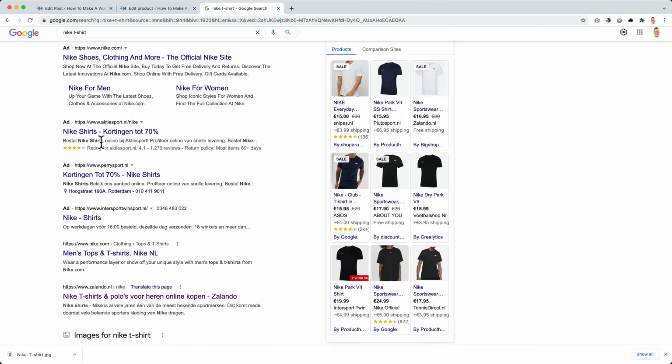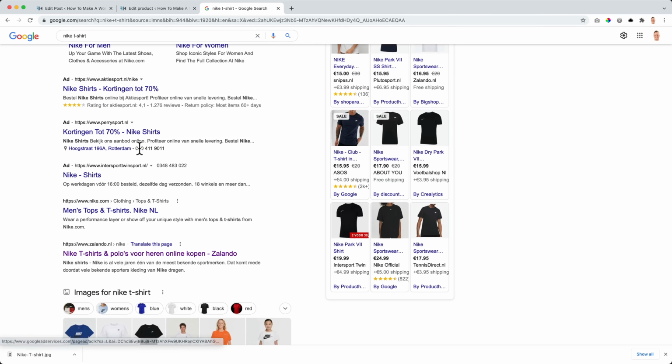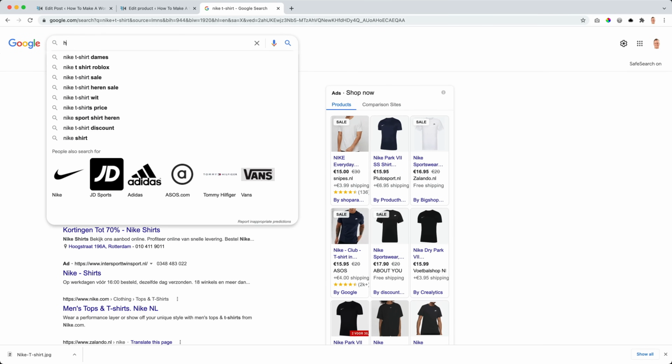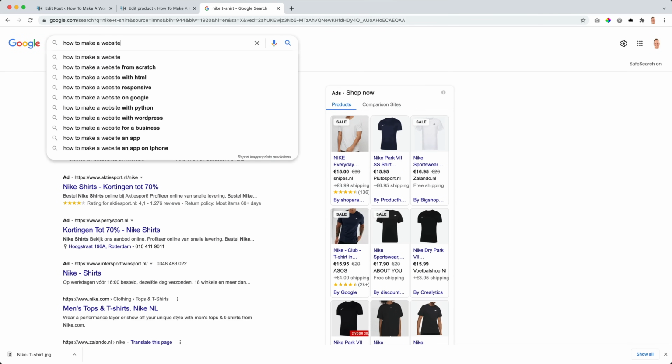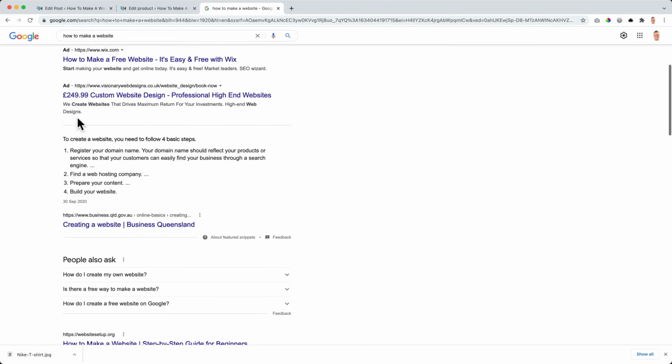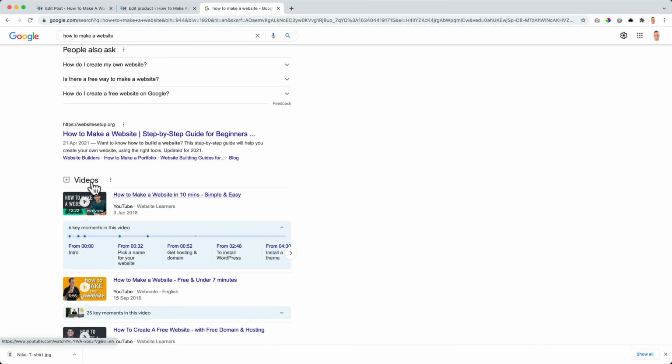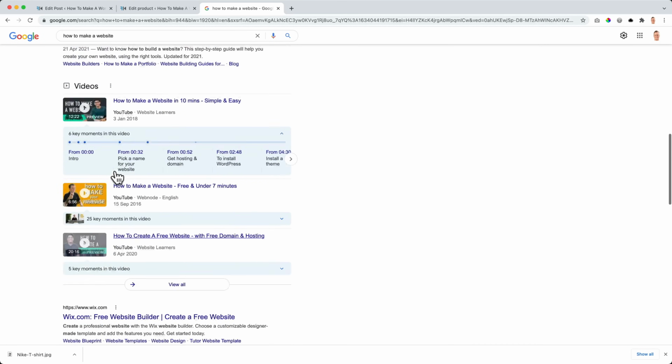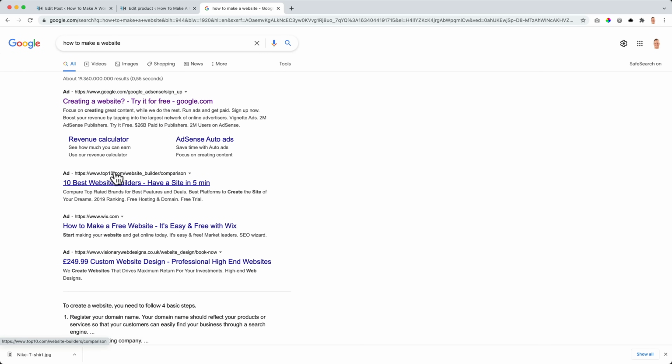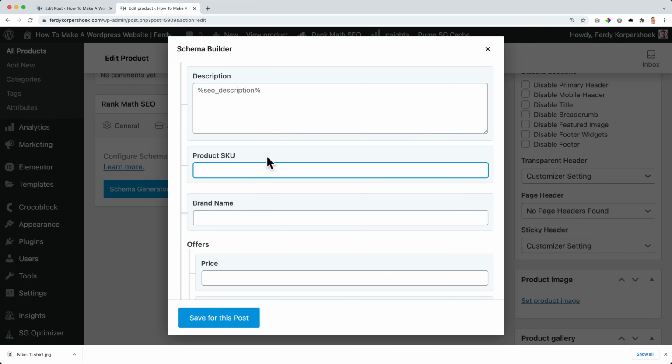So that is what rich content is. You have more information to display. You see an address over here, a phone number. That's not what you see when you search for how to make a website. You can see a video or just a few different links. So based on what you show, a video or an article or a product, you can have rich snippets. And this is still all in the free version.